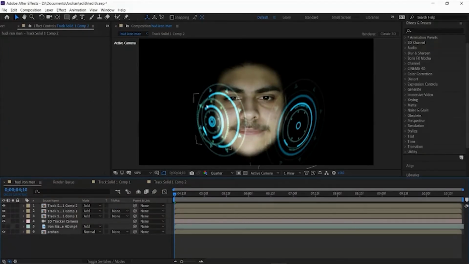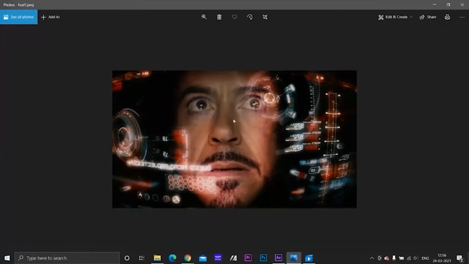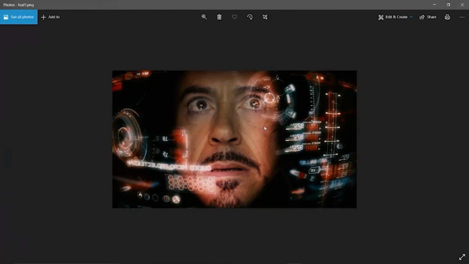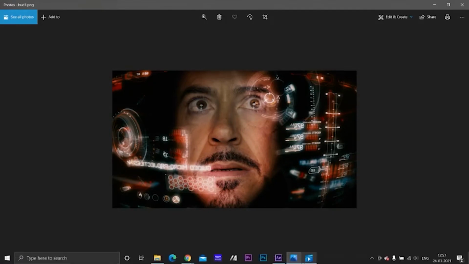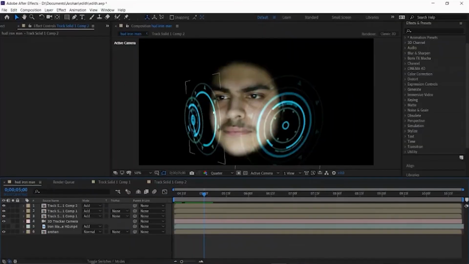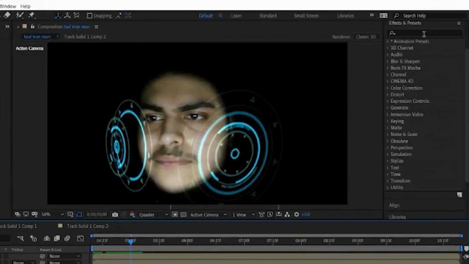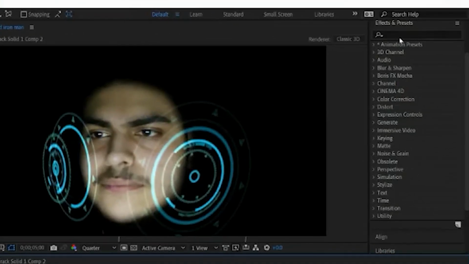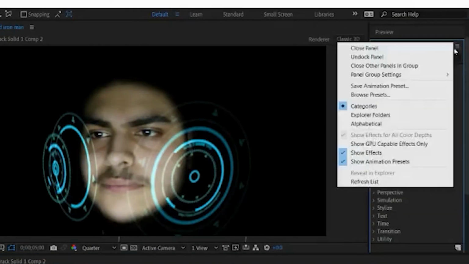So only one thing is remaining here. You can add all the effects and other elements later. Only one thing's remaining, that is the color. Like if you see the Iron Man still from the Avengers movie, you can see whatever the color of the HUD is, that light is on his face. So we just need to make that change. Right now, my face has white light on it. We can change the color of it using an effect called curves. Okay, so go to the effects and presets panel,